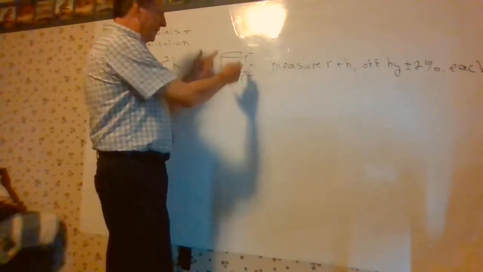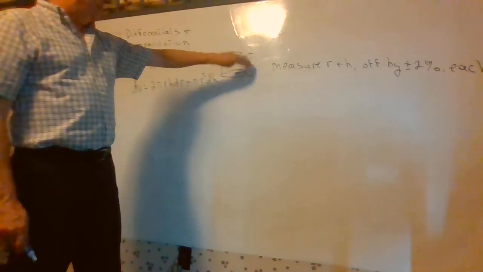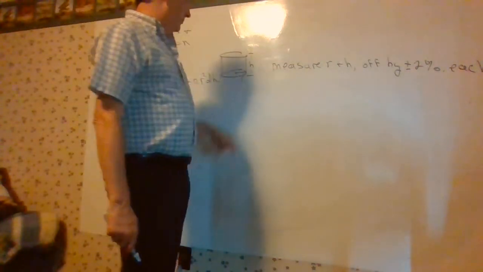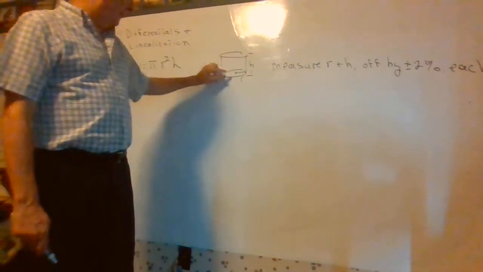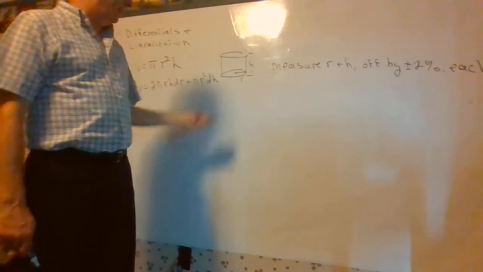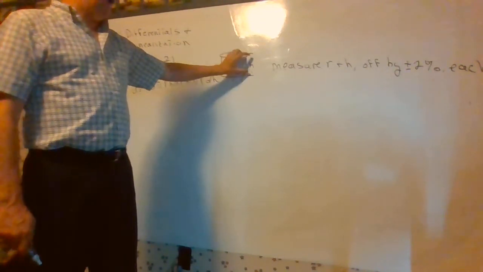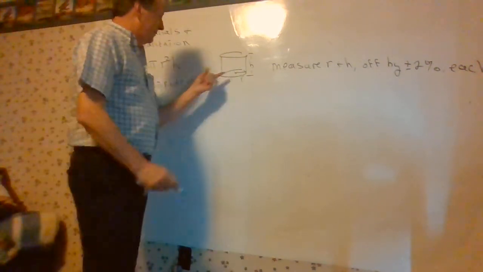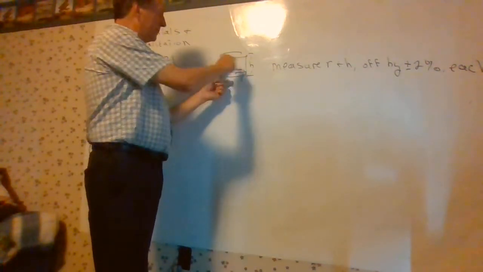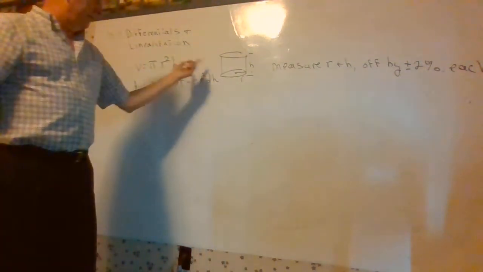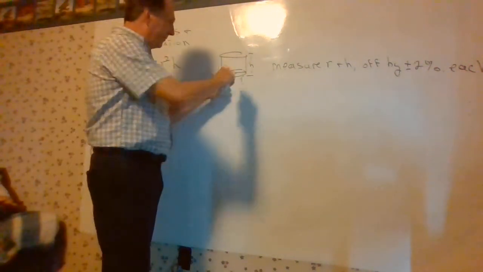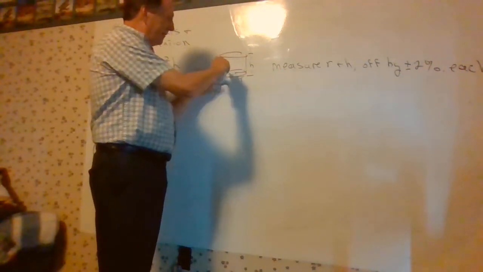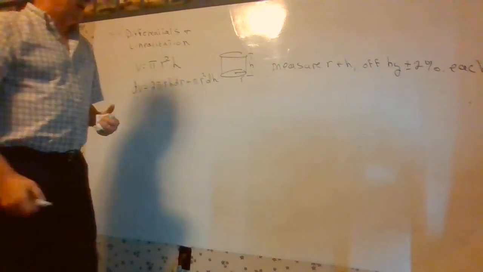This could be an oil tank, and we could be using an indirect method of measuring it, some sort of triangulation or whatever. And maybe we're measuring from the outside, we're not sure exactly how thick the base is, but whatever, we know that the height is accurate to within 2%. Same thing for the radius. Maybe you can't get inside it, we measure the outer circumference, use that to infer what the radius is. And maybe we can't get all the way around, we have to estimate it or something, but we're certain that